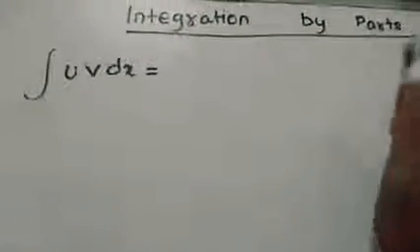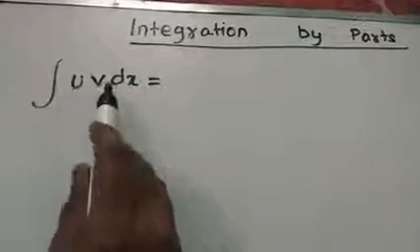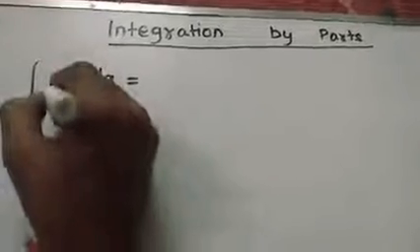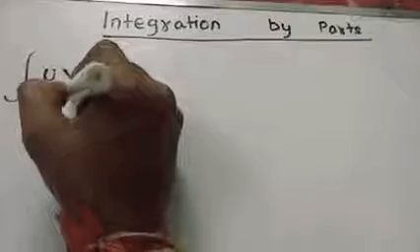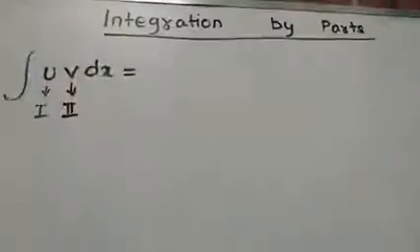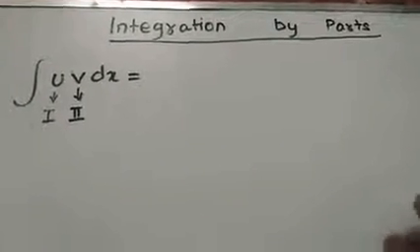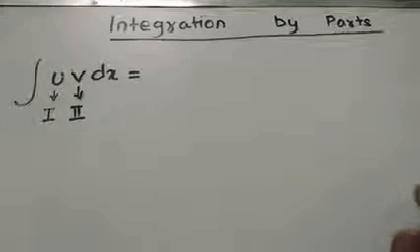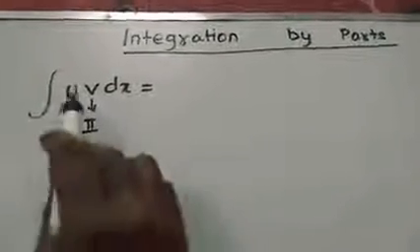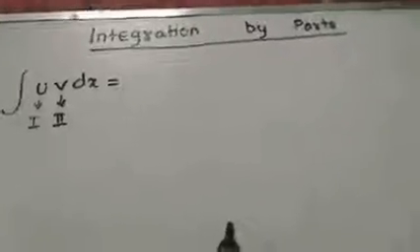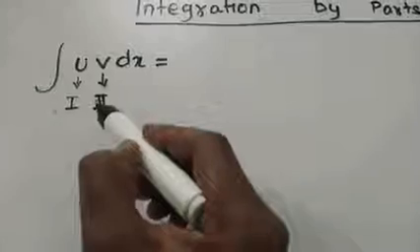Okay, now here what we have to do, we have to give out of these two functions u and v one function as first function and another one as a second function. We have to give them a position, one as the first, another one as the second. Later on I will teach you how to give this first function and second function to whom, u or v. Okay, so now the rule, suppose here I have given u as the first function and v as the second